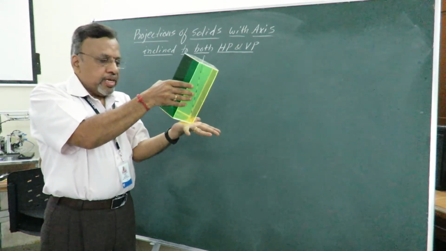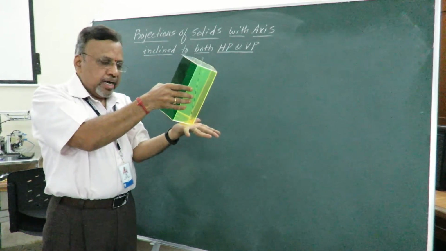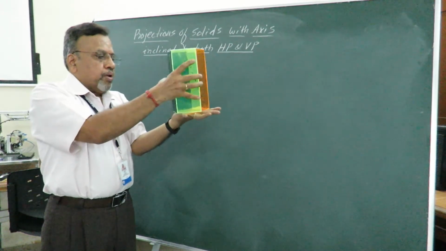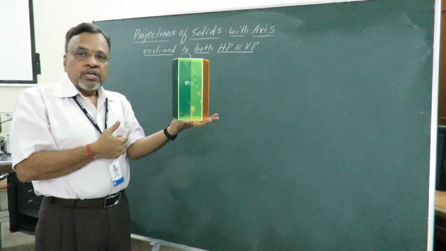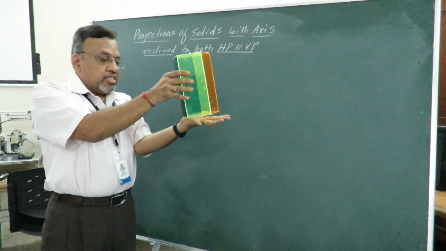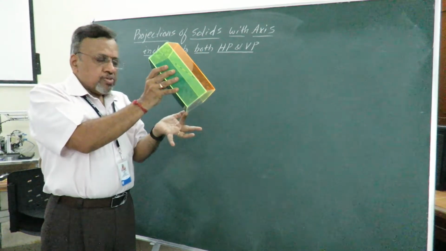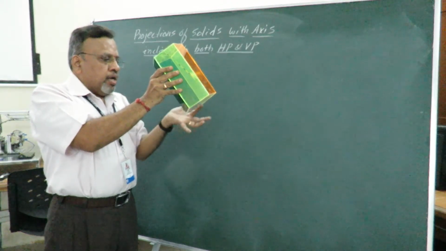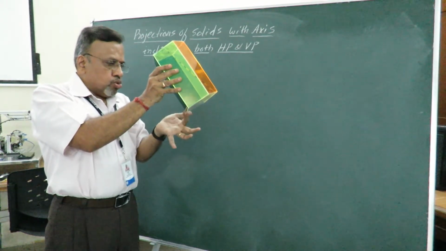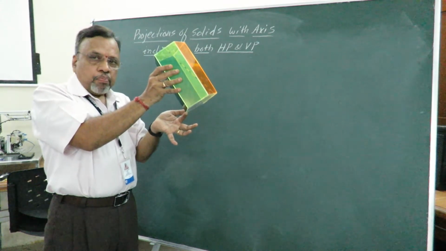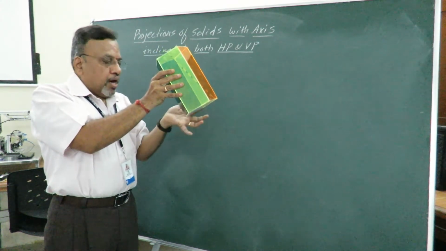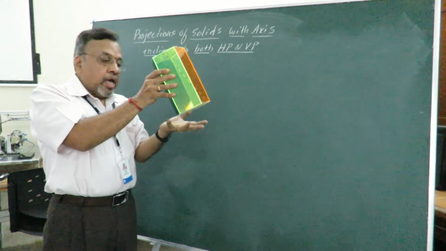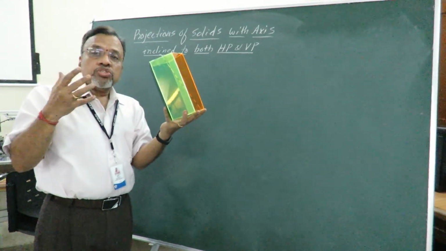That is, how exactly this particular solid has to orient. Because let us say I randomly place it in stage 1. If I simply rotate, it may rest on one of the corners. And this particular corner, the two sides passing through it, may not have equal inclination also. So every student will have his own solution.